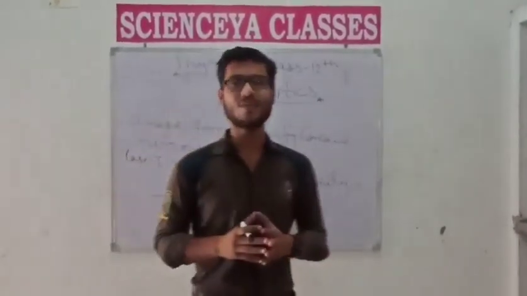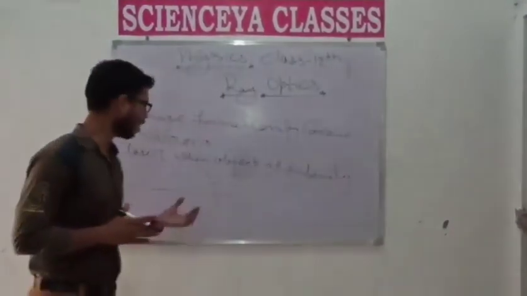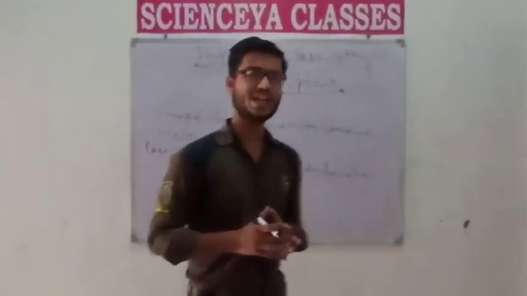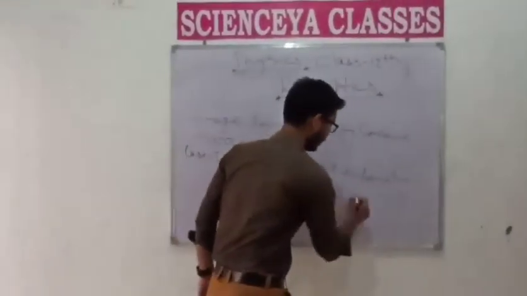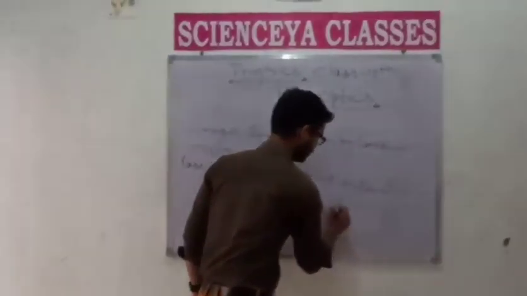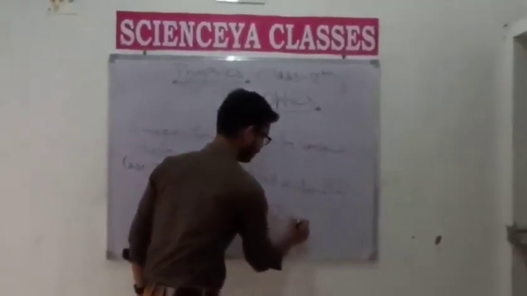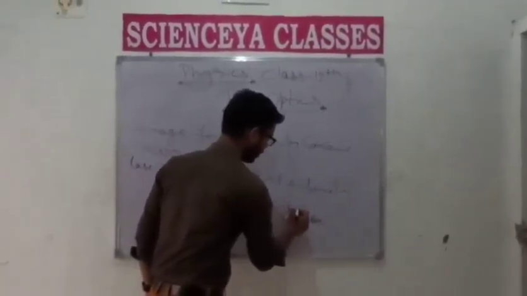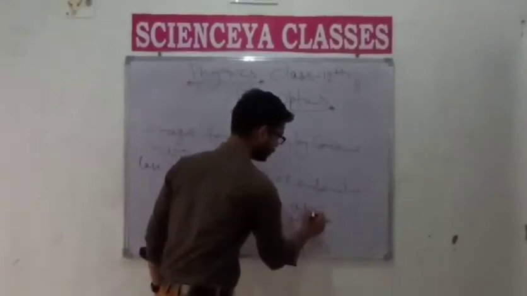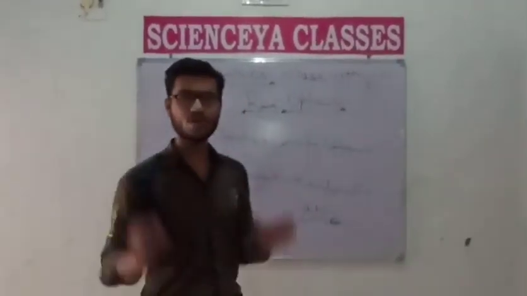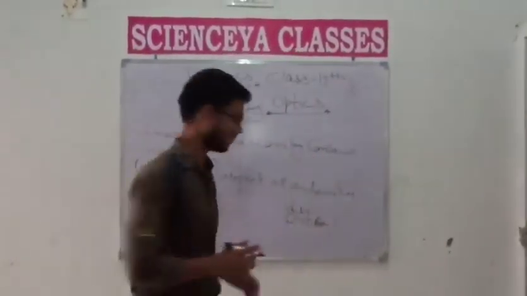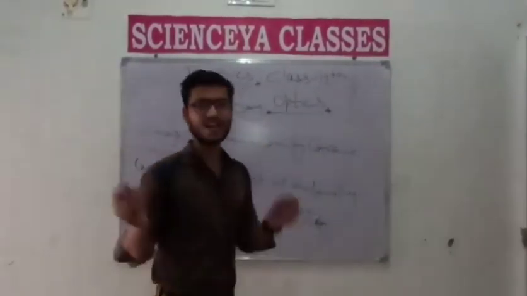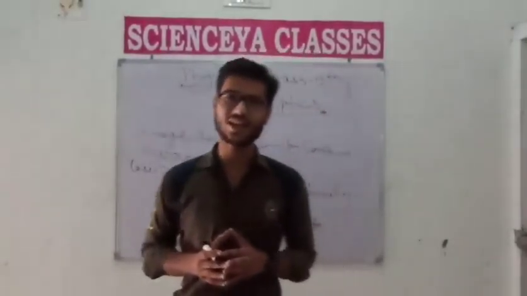So students, in our last class we saw how a concave mirror forms an image when the object is placed at infinity, and we discussed the example of our solar system. Suppose this is our Sun, this is Venus, Jupiter and this is our Earth. And students, we all know that by the concept of center of mass, the distance between two objects is greater from their center of mass. Okay, students? And now the distance between Sun and Earth is measured in light years.